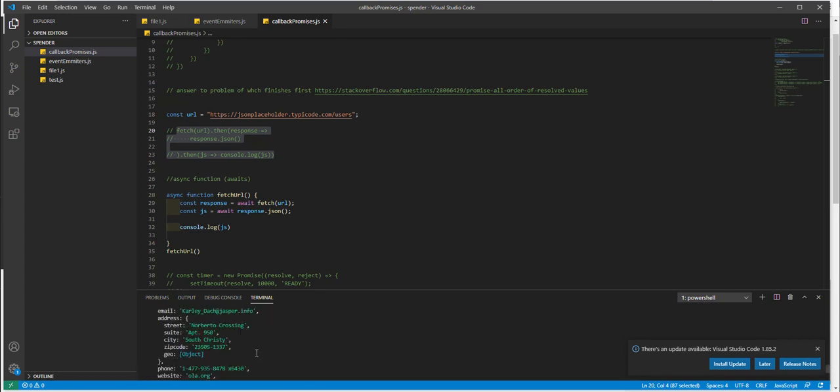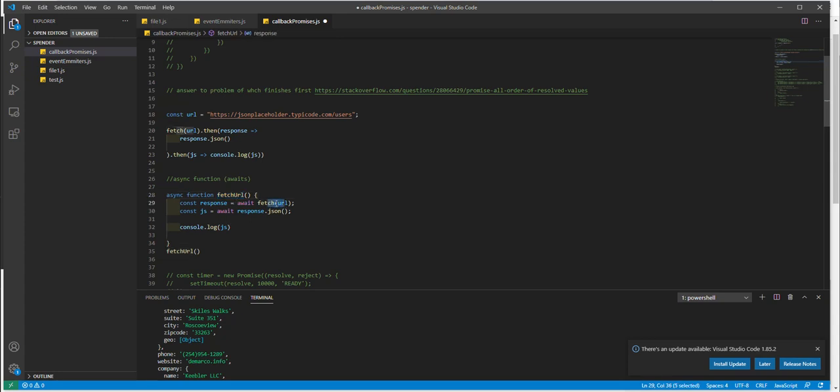So the difference between this and this is just the way it's written, but the end result is basically the same. This one utilizes the fetch and then. This is the original promise dot then style, and this is the async function. This is more readable, where you create a modular approach to code. So now